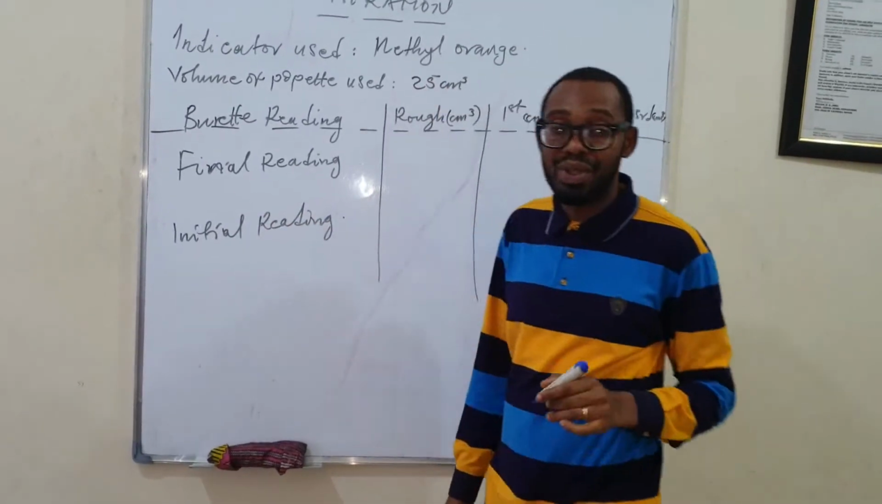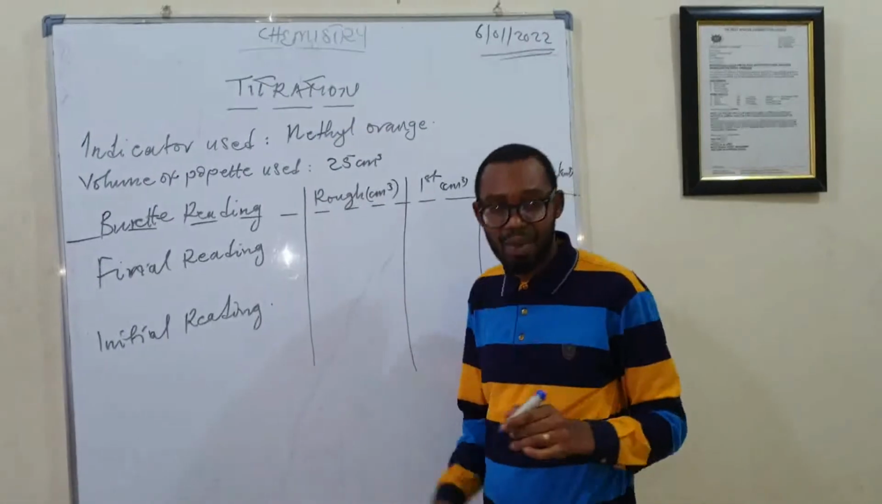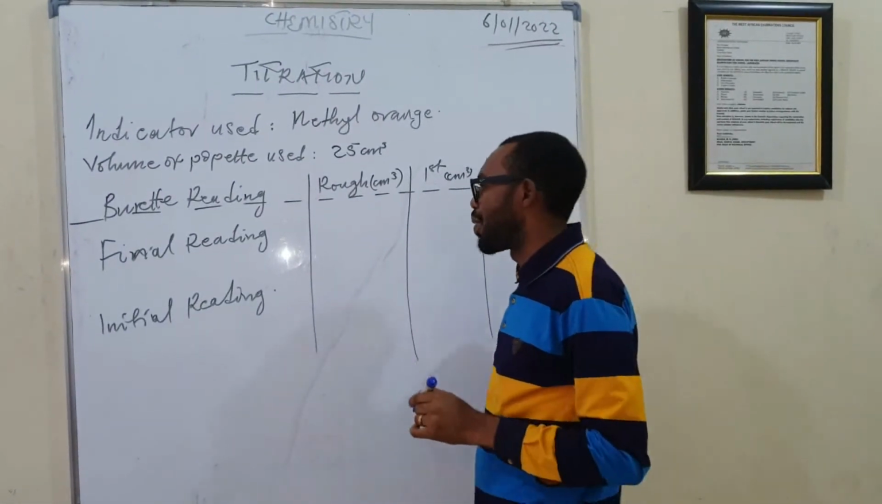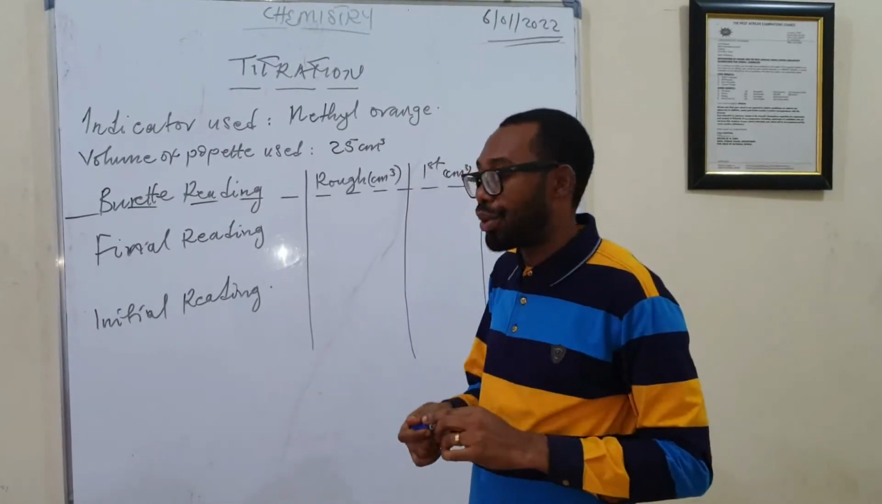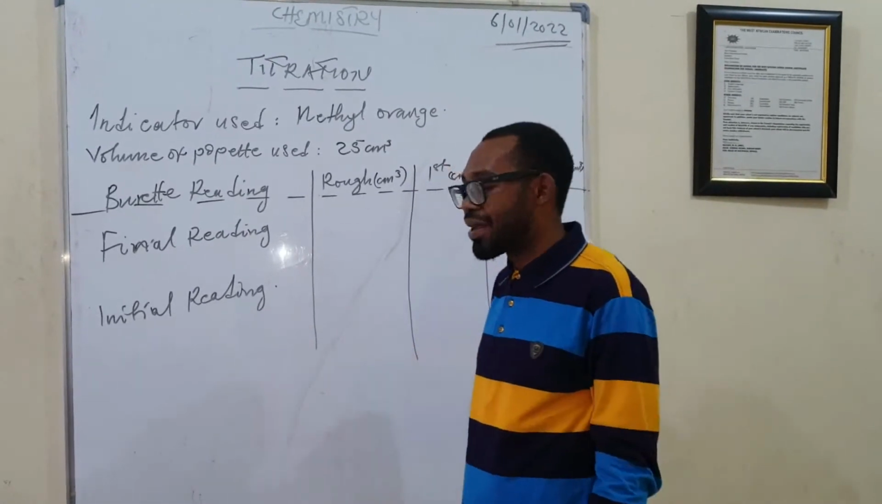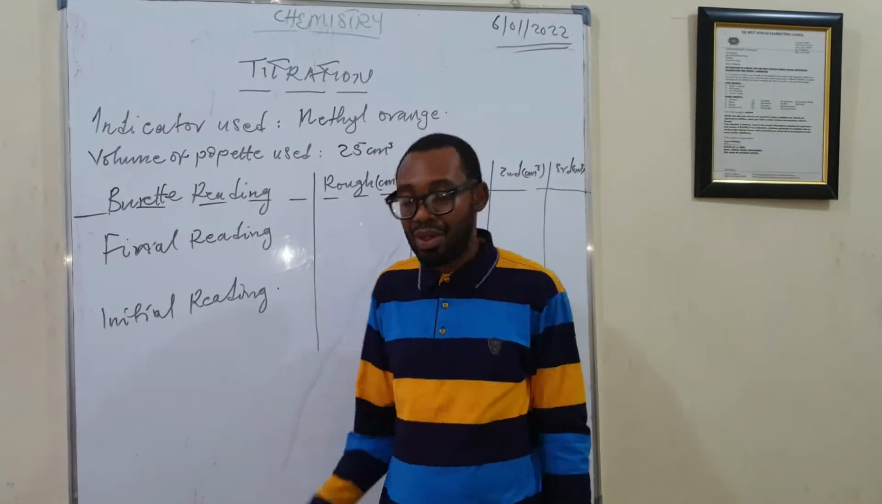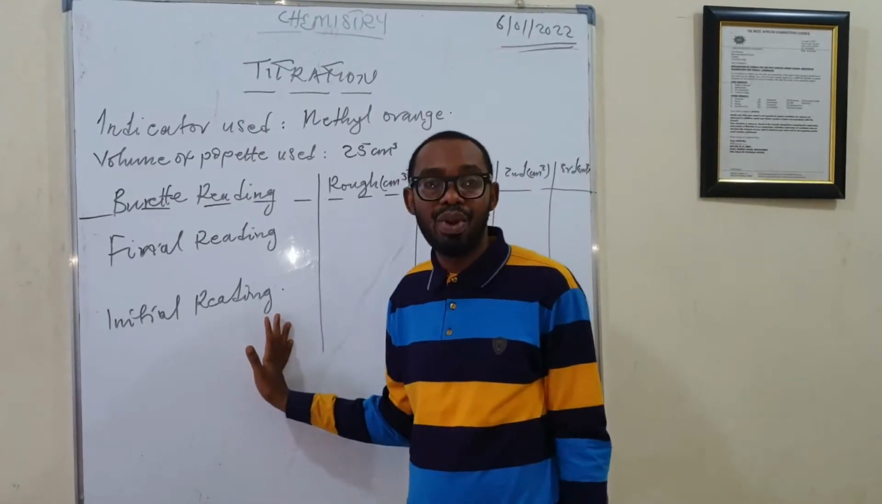So I know I'm not teaching novices because we have done this before. I'm only trying to refresh your memory. Now, when you start that titration, the volume of the acid using the burette, you can start from the 0.00